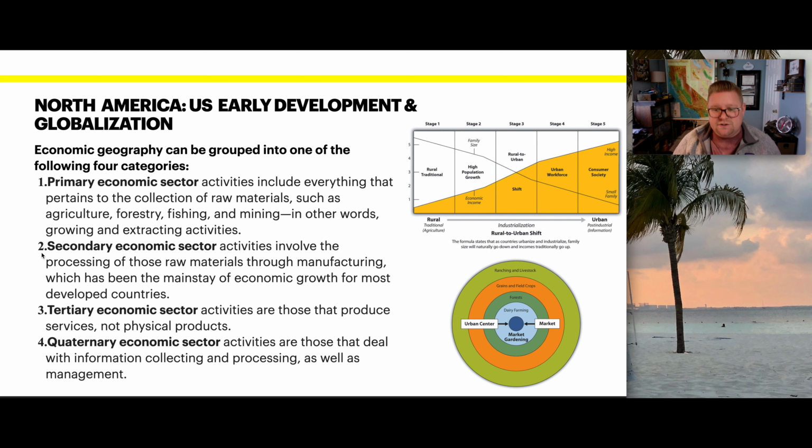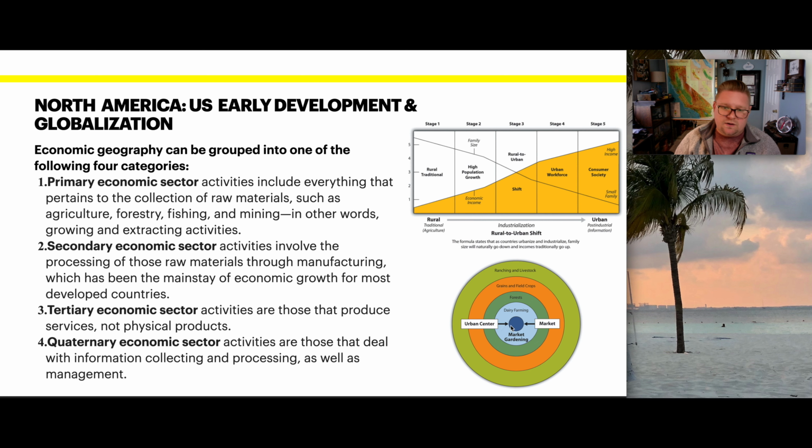I've also selected two diagrams on the right that were pulled from the text, one looking at this urban-rural shift, and then also looking at the traditional urban pattern design where you have your urban center, dairy farming, forest, grains, and livestock. We have this very interesting formula in that sense and how we like to plan our cities for efficiency in the United States.